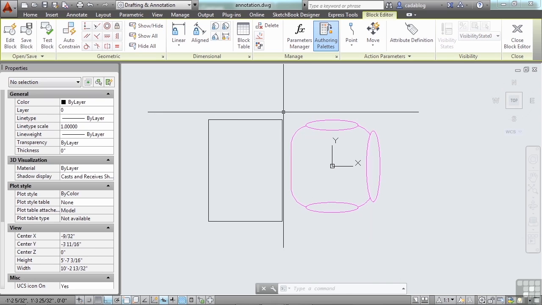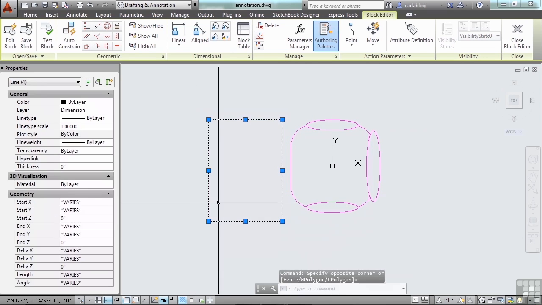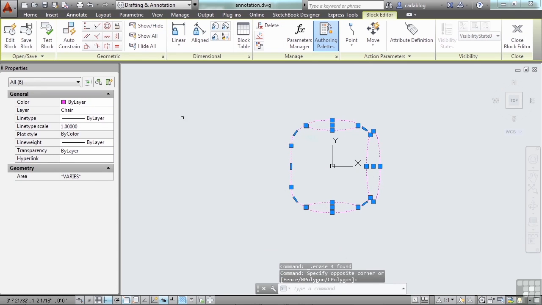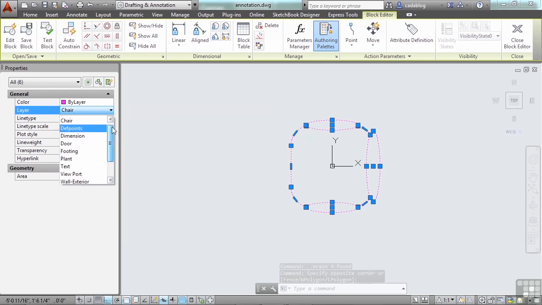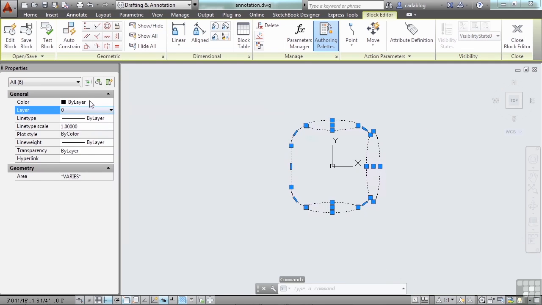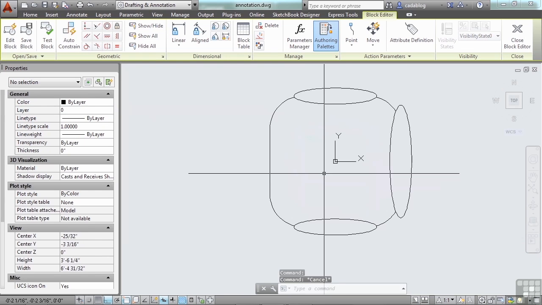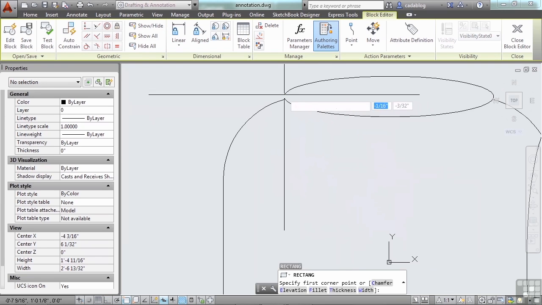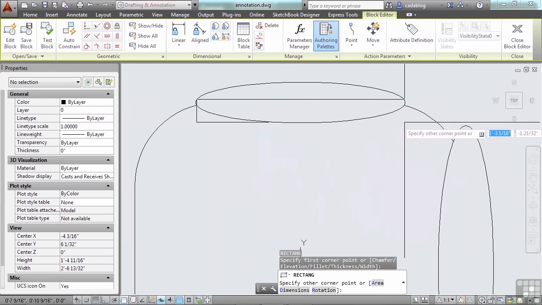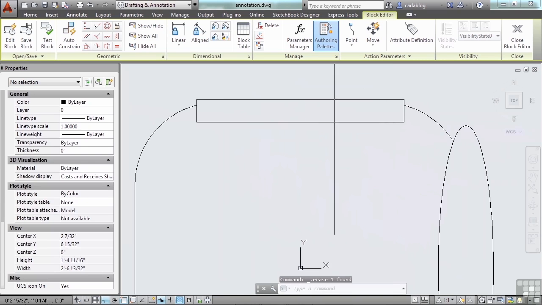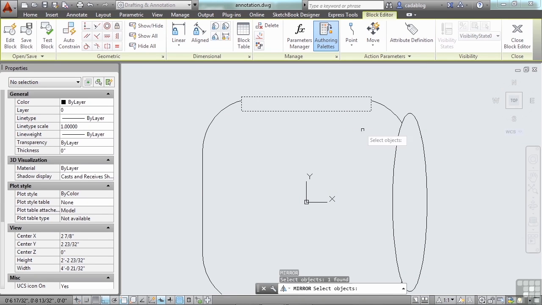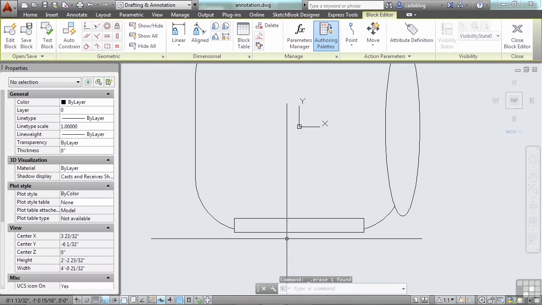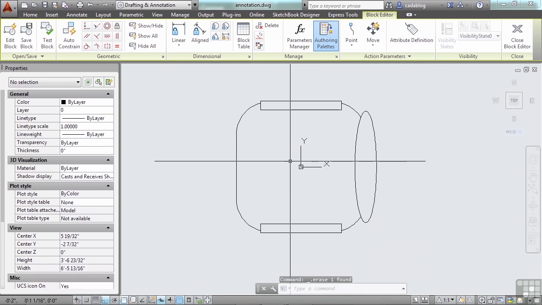We'll change the chair again. Let's get rid of our table, delete it. Let's put all of the line work here, not on the chair layer, but on layer 0, and make sure it's set to by layer. And there we go. Now we can also make some other changes to it here. We can give it rectangular arms instead of elliptical. Use the mirror command. Let's erase that one. And now we have a little bit different chair.